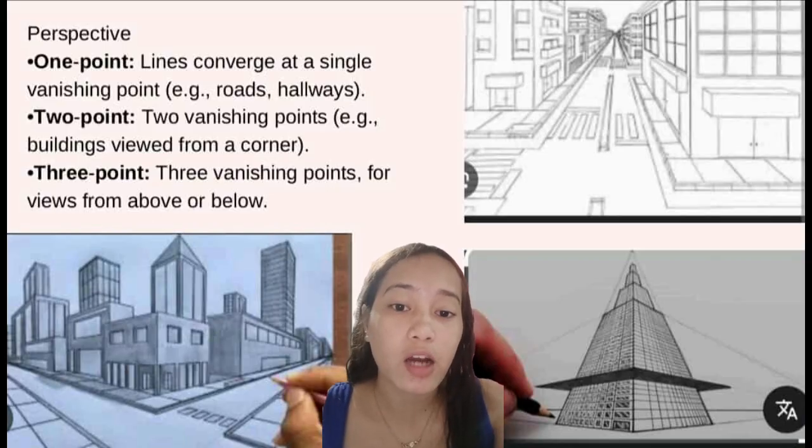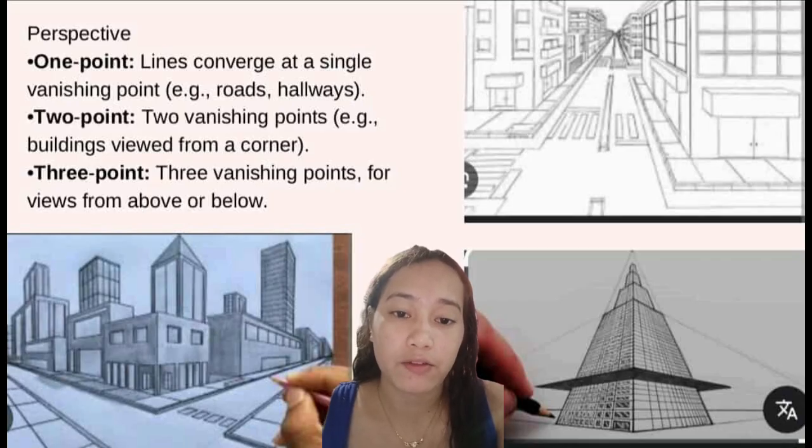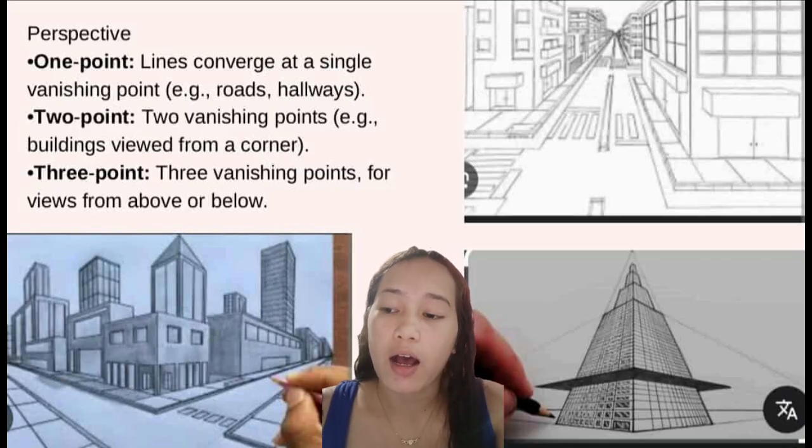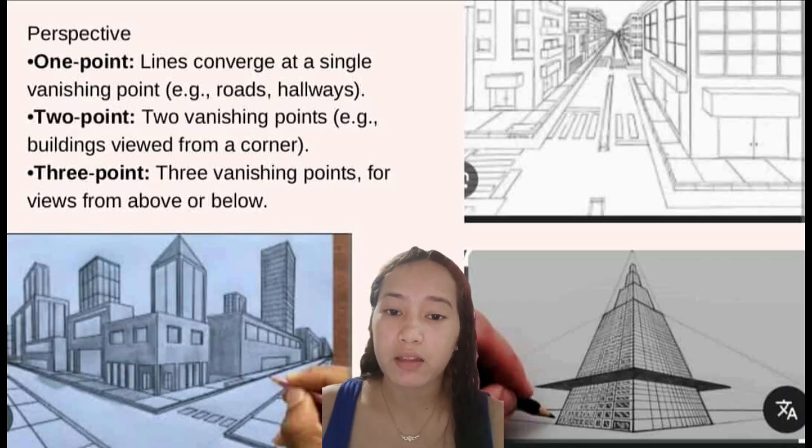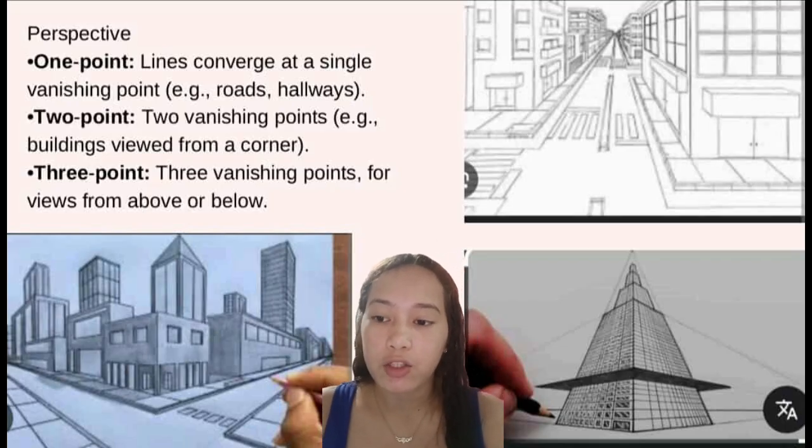There are three types of perspective. First is one-point perspective. One-point perspective is a drawing technique used to create the illusion of depth on a flat surface by having parallel lines that recede from the viewer converge at a single vanishing point on the horizon line.